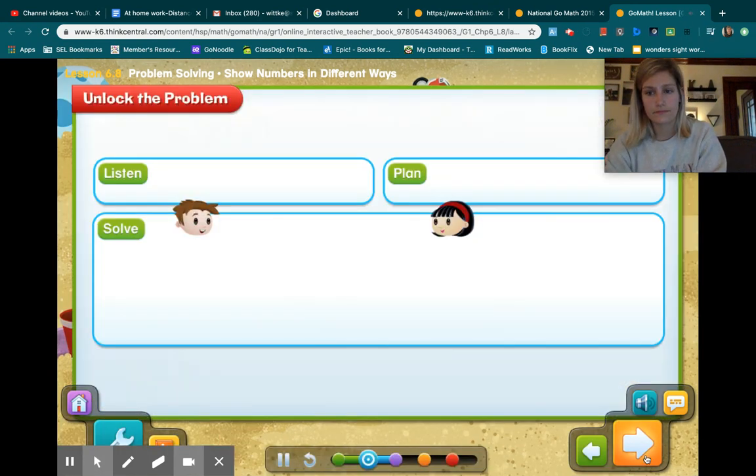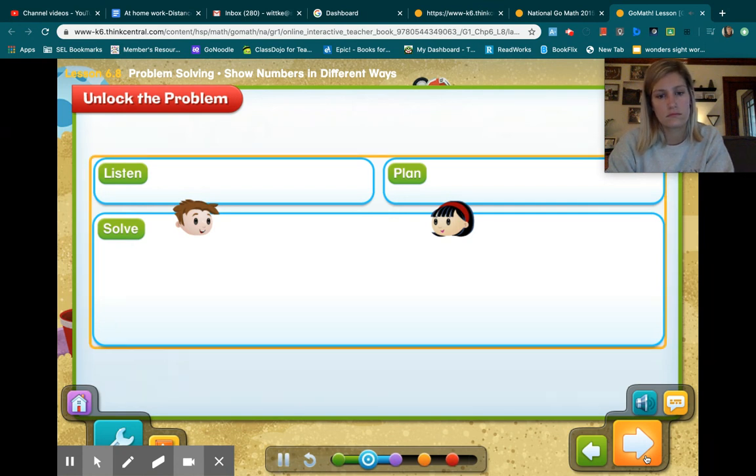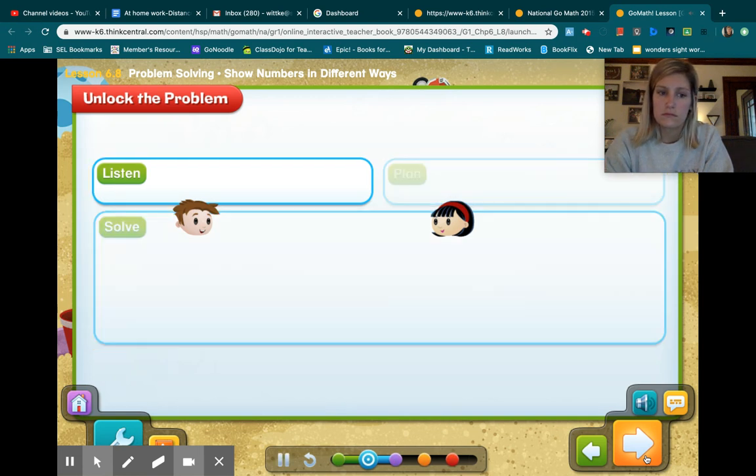Gary and Jill both won 36 stickers for a class project. There are 4 sheets of 10 stickers and 40 single stickers on the table. How could Gary and Jill each take 36 stickers? You can use a graphic organizer to help you solve this problem. What information do you need to find? Click to find out. So they're going to break down this problem for us because they said a lot of